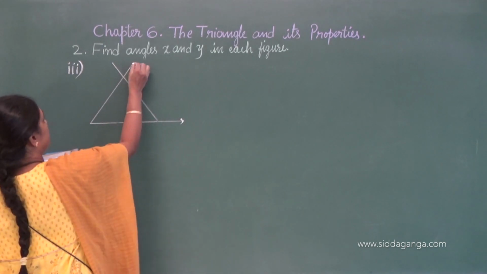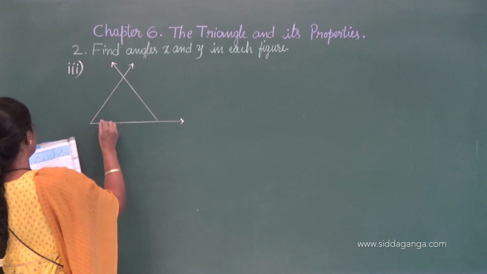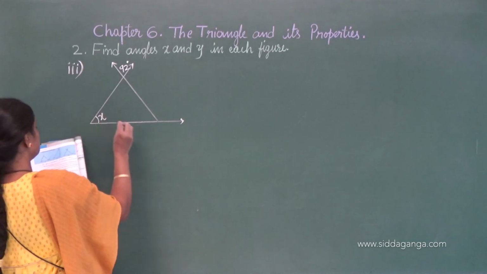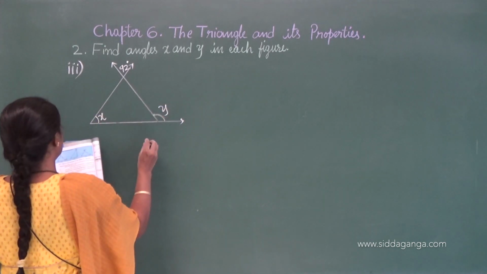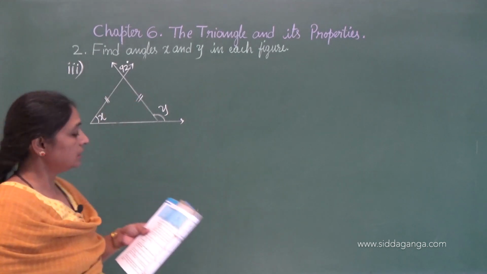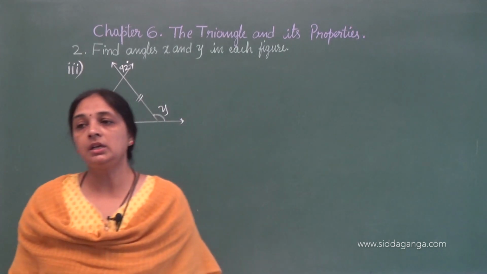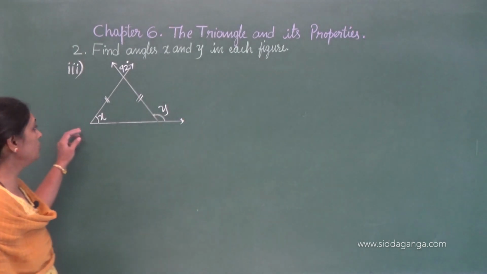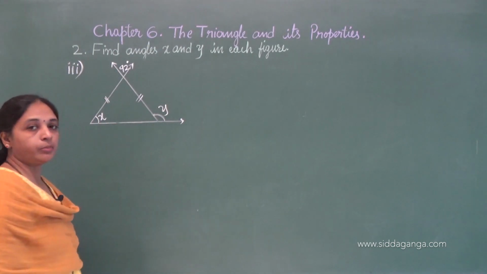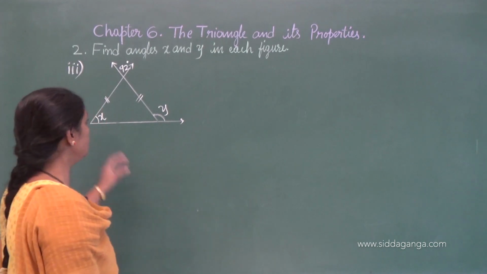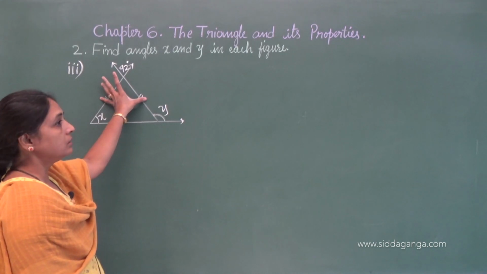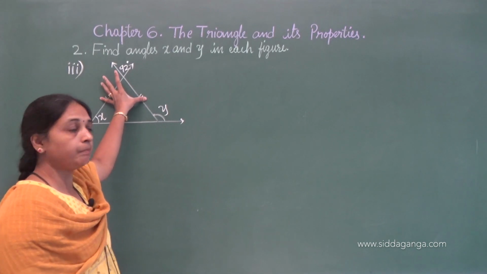Okay, already we did the problem regarding this. It's 92 degree. It's x, it's y, and these two sides are equal. So we don't know any name of the triangle here. And without that we are doing by using the properties and relationship between those angles and sides. Okay, if these two are equal, then what can we tell?